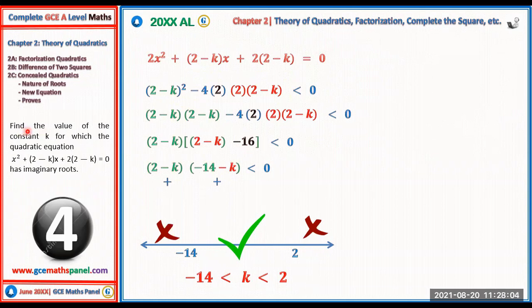From this question, find the value of the constant k for which this quadratic has imaginary roots. Now, for a quadratic to have imaginary roots, there are some conditions it must fulfill. And the condition that a quadratic should have imaginary roots is this. All right, let me